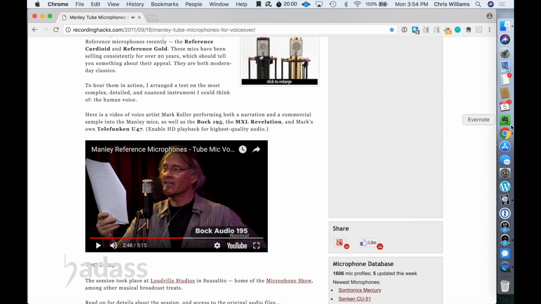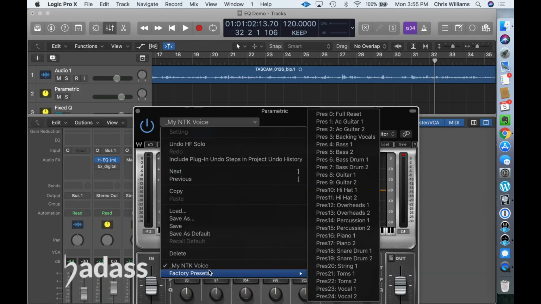Well, he's using probably a $5,000 or $10,000 microphone, but the point is, I can definitely add some bass and some top end to mine to get something more like his voice. So as it turns out, after playing with it a bit, I might want to use, I have a preset just to make this faster,